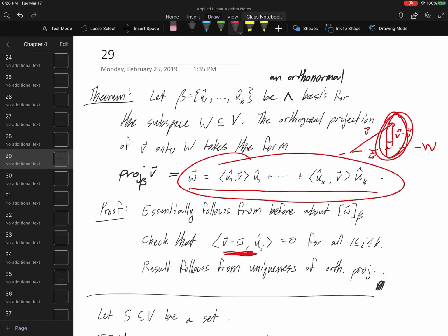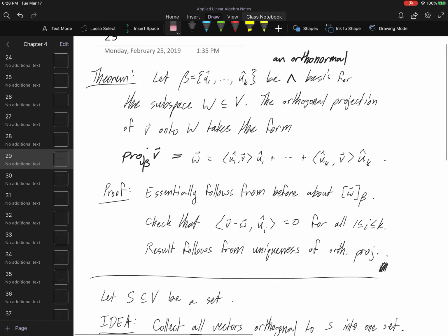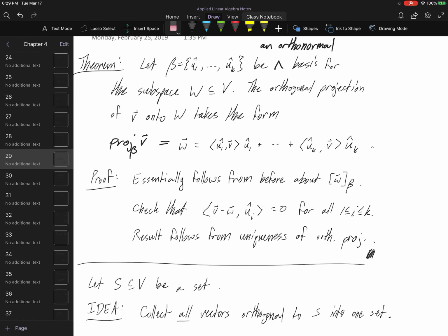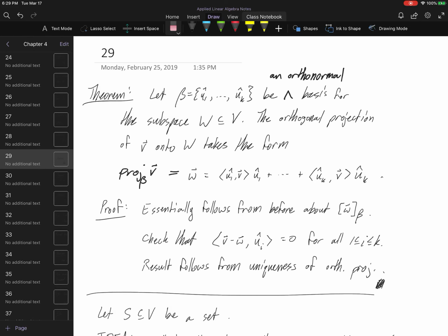And you can show that each one of these v minus w inner product u_i hat is zero. I'm orthogonal to an entire basis of W, therefore I am orthogonal to the entire space W. And that's all there is, that's all that we can really say. That orthogonal projection is exactly what we get from using these orthogonal expansions that we had from before, or that we've been doing all along, really. And we're going to go ahead and expand on this next time by trying to collect all vectors that are orthogonal to a particular set into